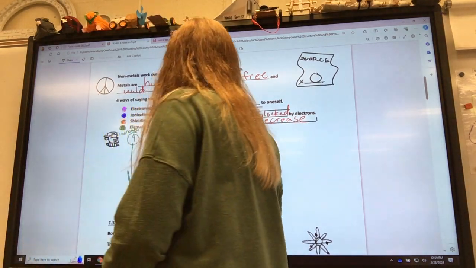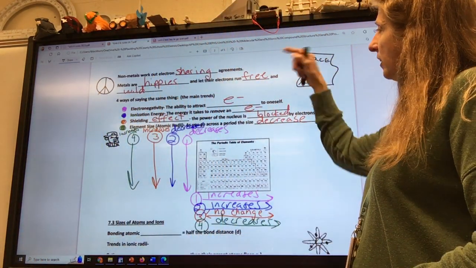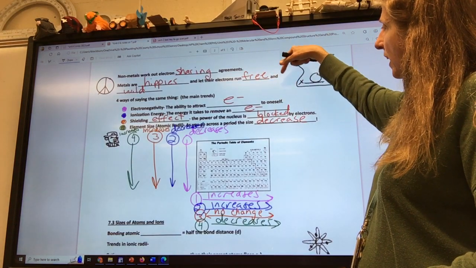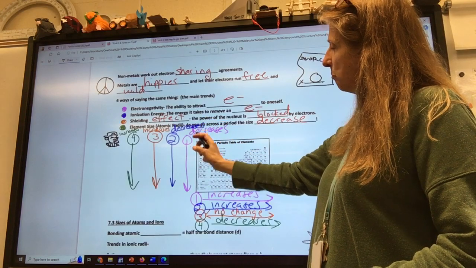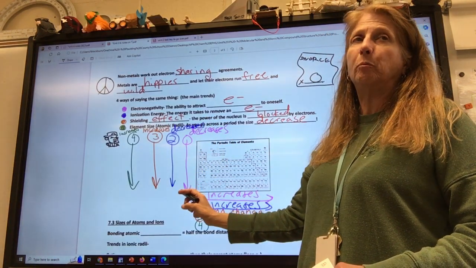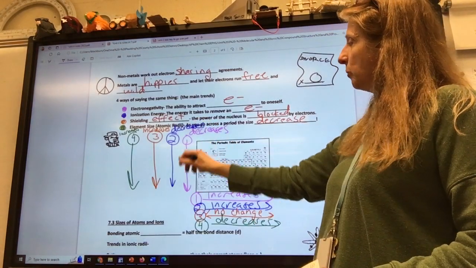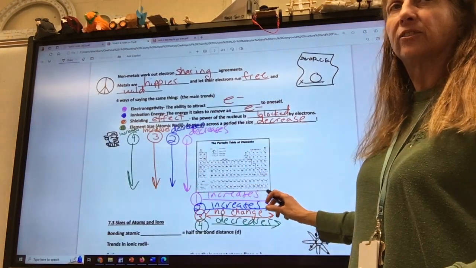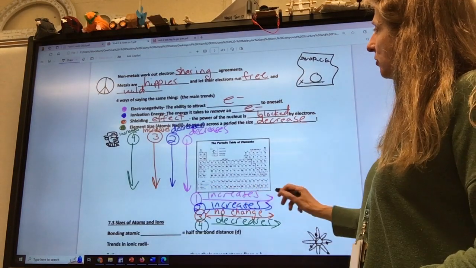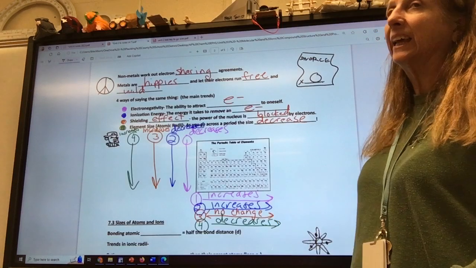And it's because all of these make sense if you think about what they want. Electronegativity, the ability to attract electrons to itself. As you're going down, they're getting more and more electrons. They can't keep up with them. It's harder to attract one. As you go across, these guys want to lose their electrons. These want to keep theirs and steal yours. So as you go across, their ability to attract electrons increases.